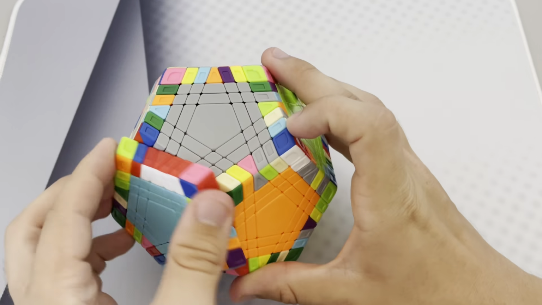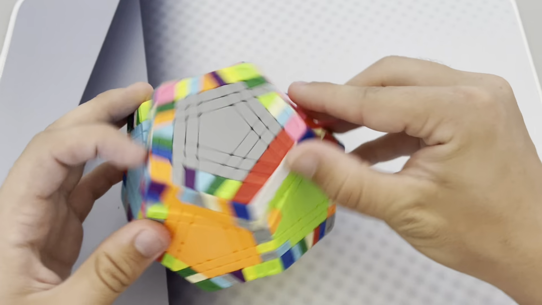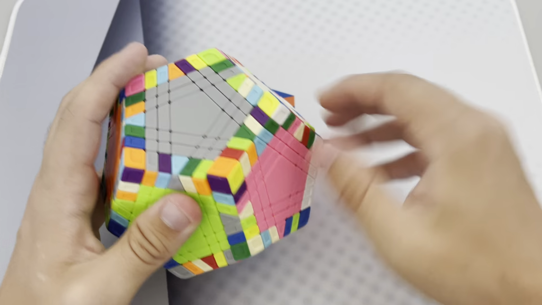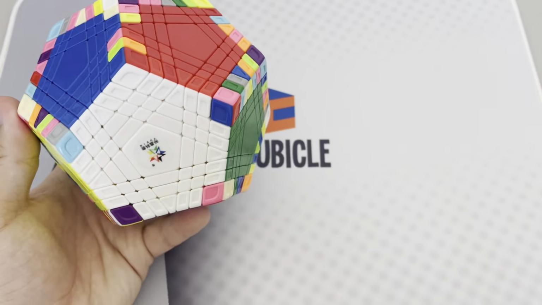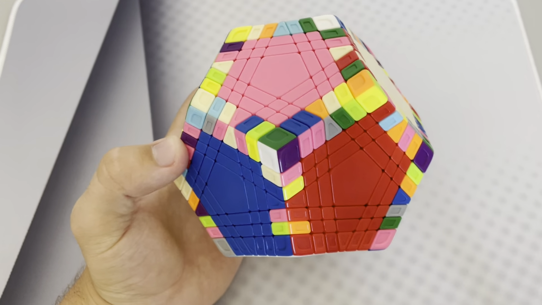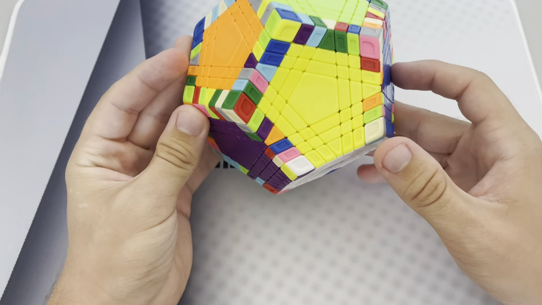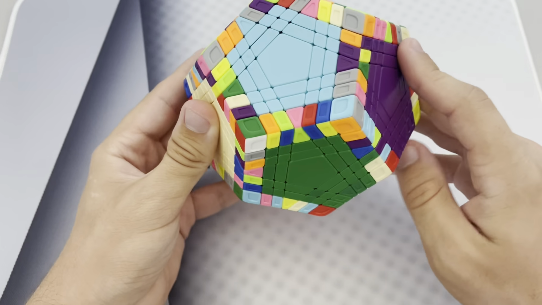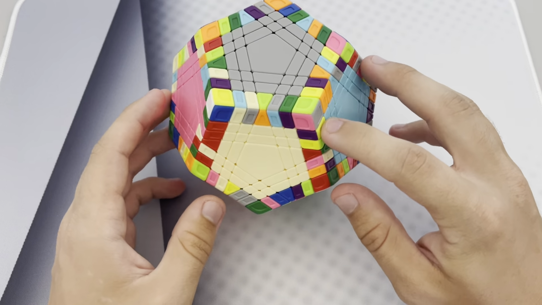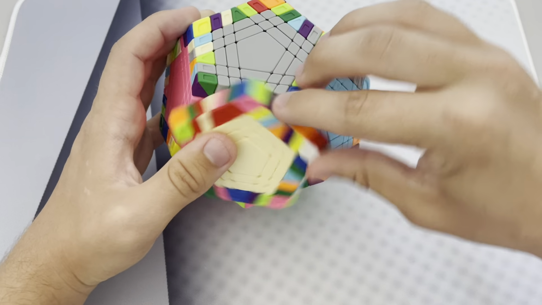I usually try to solve it one at a time, so that way it doesn't get absolutely cluttered and then I can't find anything. So now our white star is done. Next we're gonna do F2L. So we're gonna be doing red and blue, blue and yellow, yellow and purple, purple and green, and then green and red. It looks like we can actually start with green and red, so I can do this, and then